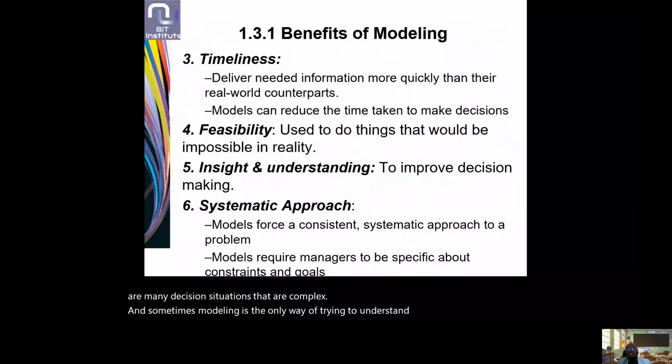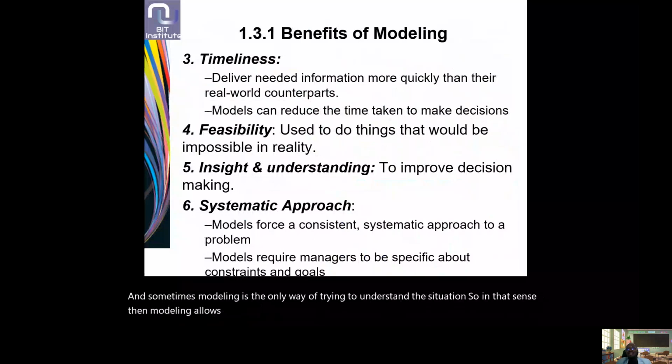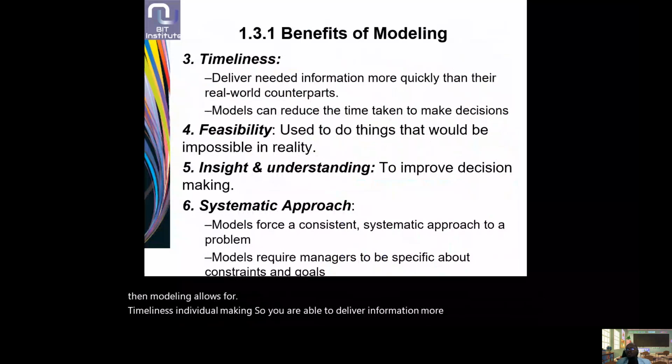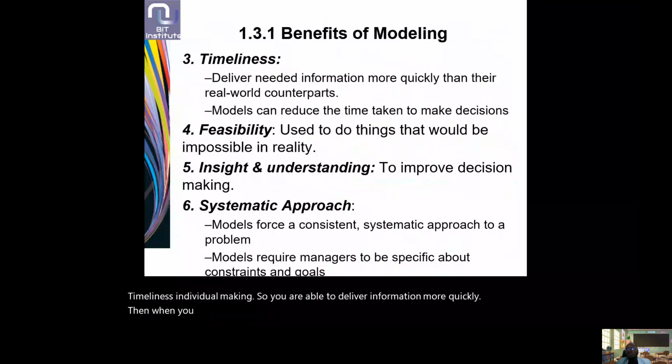So in that sense, modeling allows for timeliness in decision making. So you are able to deliver information more quickly than when you are trying to make decisions on the real world phenomenon itself. Right? So if you're designing a plane and you have developed a physical model of the plane,